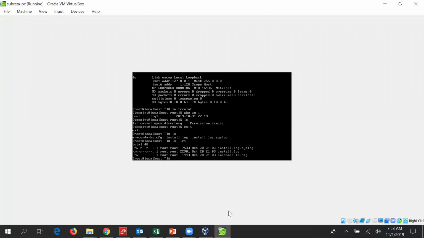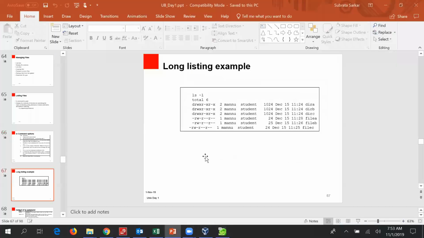That means the last file will be the latest file. So it has 7 attributes. The first attribute is the permissions, as you can see: owner, group, and other. The owner is read write. Executable permission is not there for any of these files. Okay, so that is about the ls command.